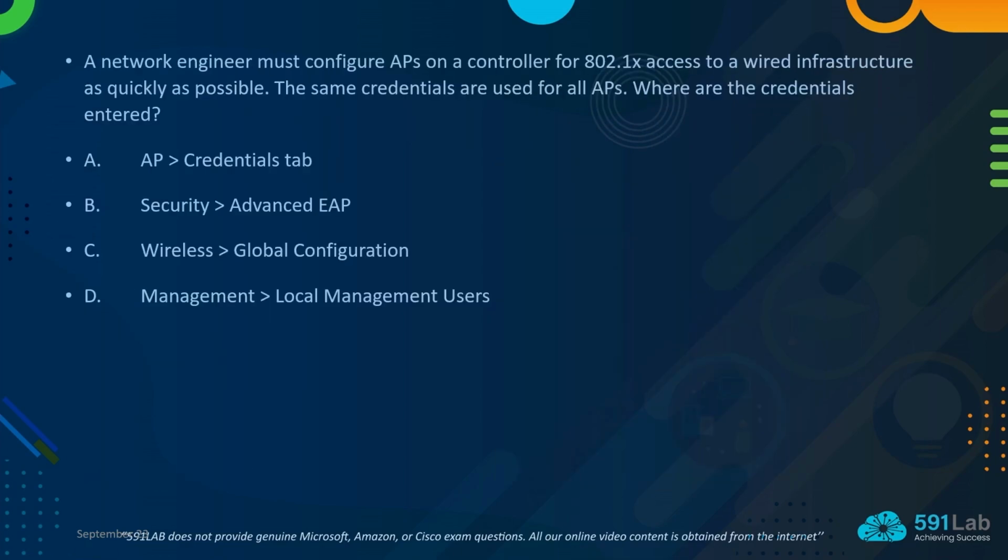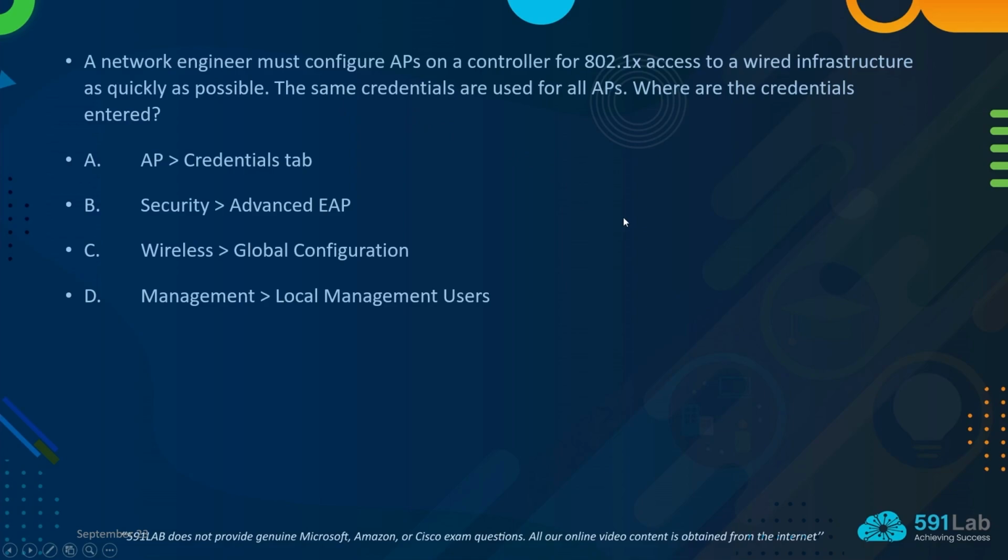Next one. A network engineer must configure APs on a controller for 802.1X access to a wired infrastructure as quickly as possible. The same credentials are used for all APs where the credentials are entered. Okay, so basically we have APs that we need to authenticate using 802.1X into a wired infrastructure. So basically we have a switch that we need to authenticate the AP based on. But we have many APs that are using the same credentials,